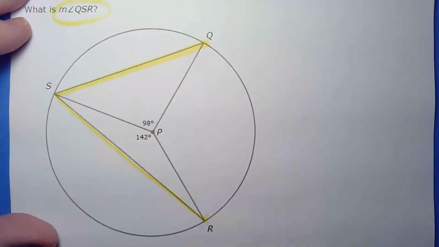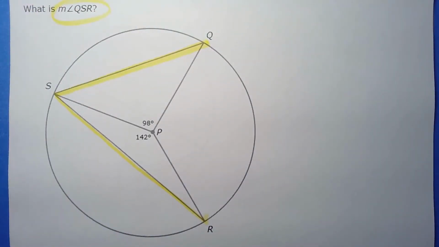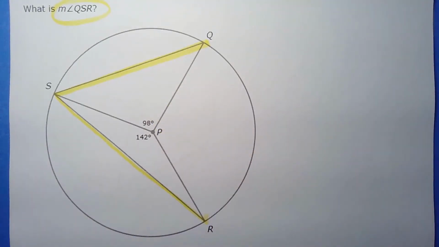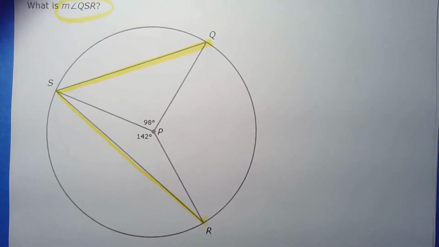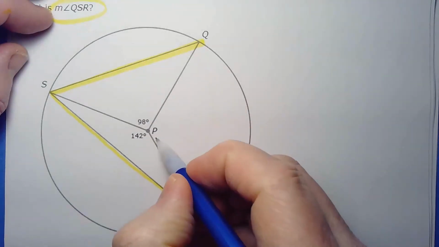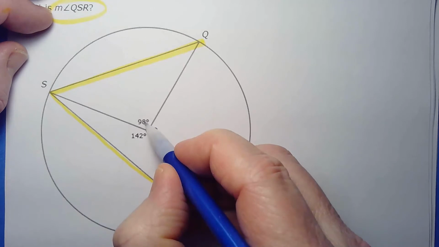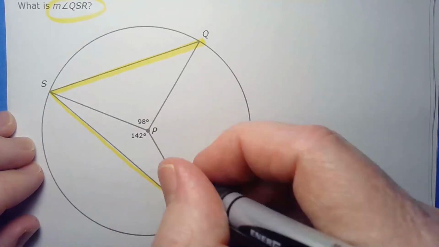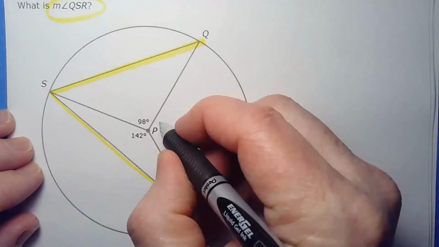QSR, right? Okay, now, oh boy, I know this and that, and there's actually some clever things you could do with isosceles triangles and things like that. But there's an even simpler thing we can do, and that's to notice that when you go around 360 degrees, right? Here's 360 degrees. I know 98, I know 142. Well, therefore, because it's 360 degrees all the way around, angle P right here would be